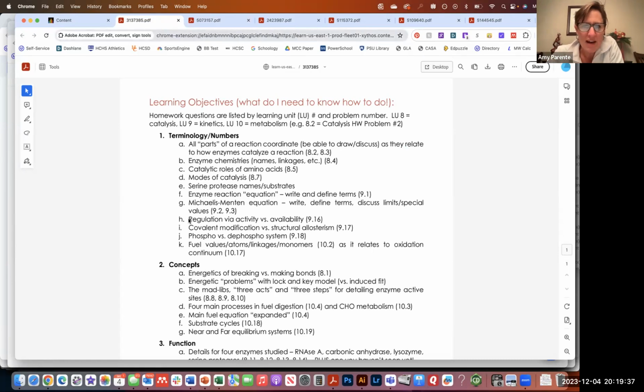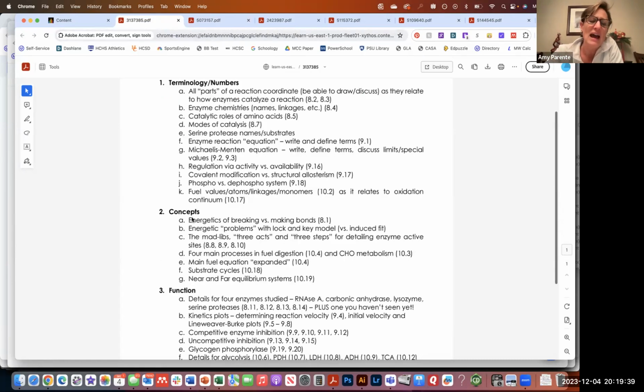All right, so moving on to kinetics. I'll highlight some of these things when we get to your homework. You do need to know the Michaelis-Menten equation. So not only the enzyme reaction equation, which is enzyme plus substrate goes to enzyme substrate complex, then chemistry happens to make product plus free enzyme, but how that maps into the Michaelis-Menten equation. The terms that we see in the equation are substrate concentration, V naught, Km and Vmax, so be able to define what those are and discuss their limits.